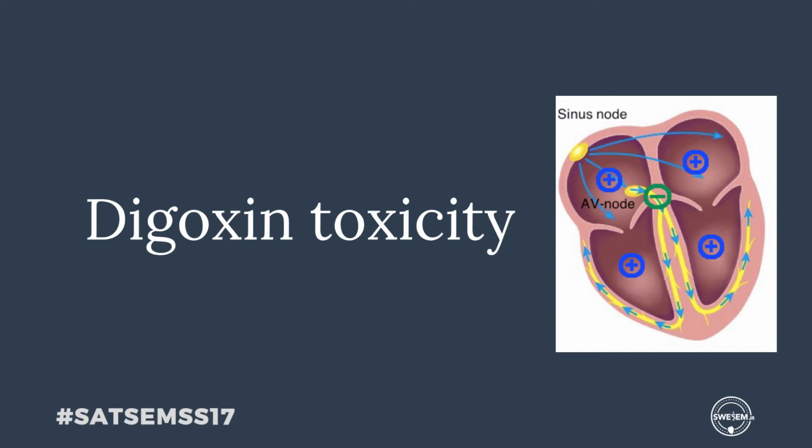By decreasing the activity of the AV node, we will slow the ventricular rhythm in these patients. And by increasing the inotropic effect of the myocardial cells, we will increase the contractility of the ventricles, thus giving a better cardiac output. In digoxin toxicity, this goes to the extreme, where the AV node is inhibited to such an extent that we get an escape rhythm. This is also because digoxin in higher concentrations increases the automaticity of the myocytes. And where in non-toxic doses we get a positive inotropic effect, in toxic doses this creates an unstable, overly excitable